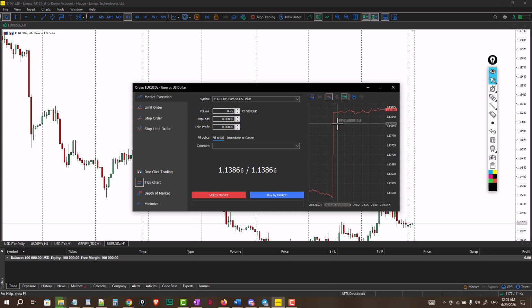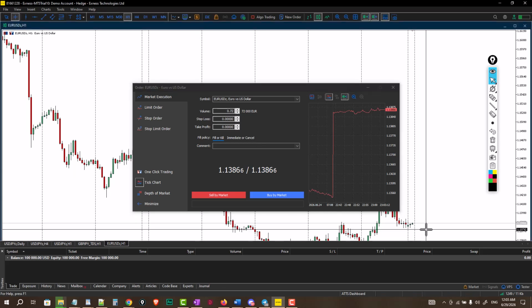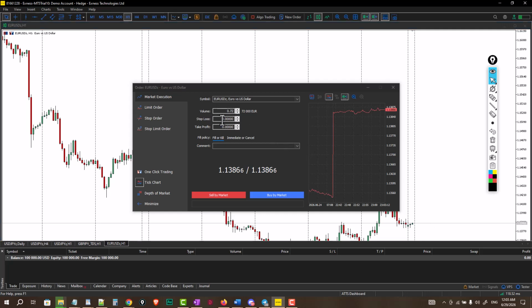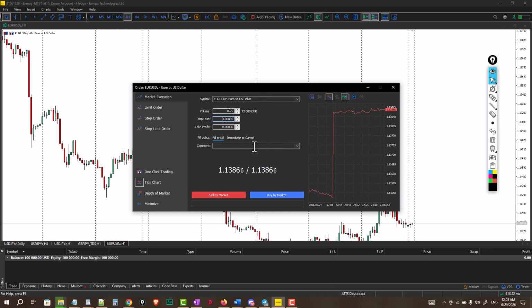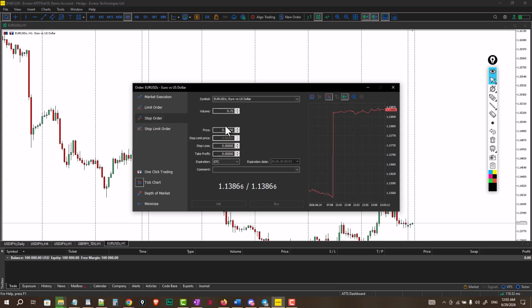The problem that you'd notice is that when you want to place the trade now, let's say you're placing the trade at this price, it is a sell stop pending order. This is just an example. Let's say you want to place the sell stop pending order at 1.1380. That's the price that you want to enter the trade at. So let's say it's a sell stop pending order at the price